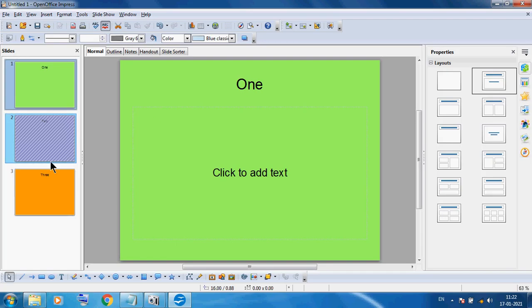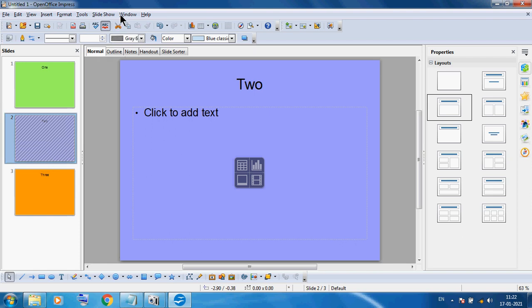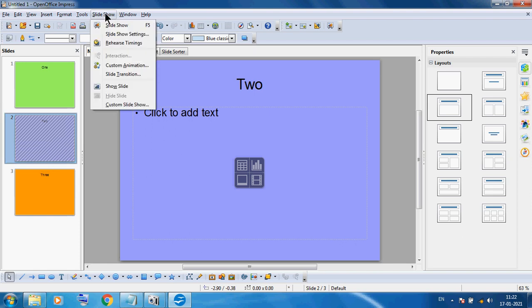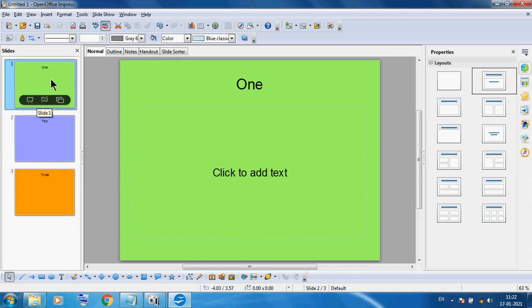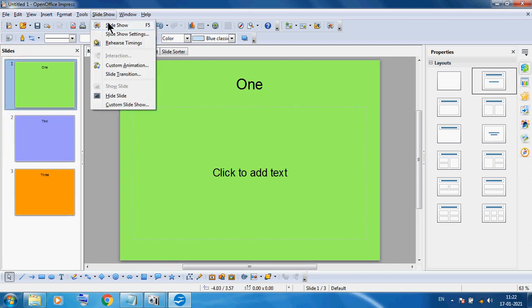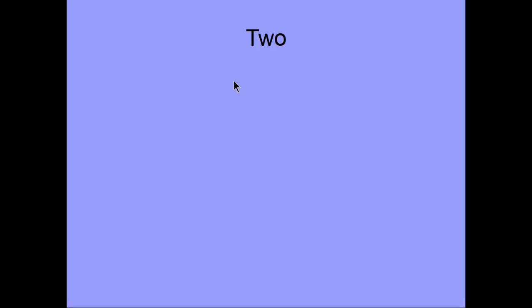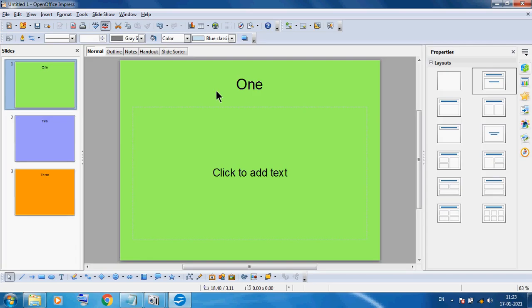Okay, now I want to unhide this slide again. So simply you can select this and use Slide Show and then Show Slide. Again here I am using one and you can use slideshow. So first slide, now this time you can see our second slide is showing, and we can see all three slides. So second thing you can see is hiding and showing.